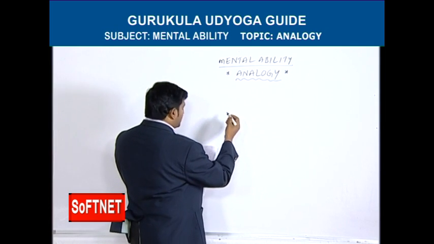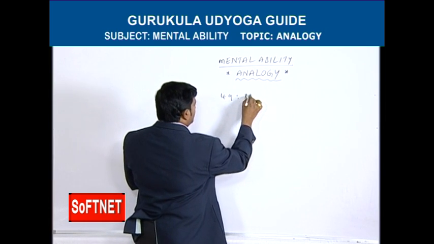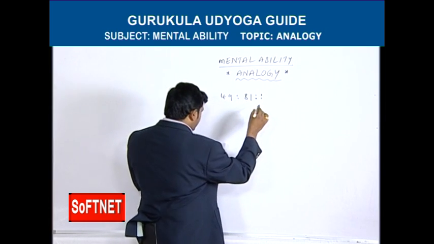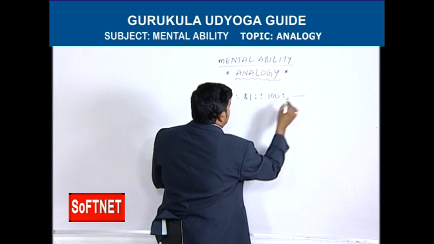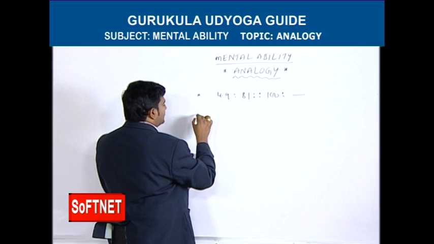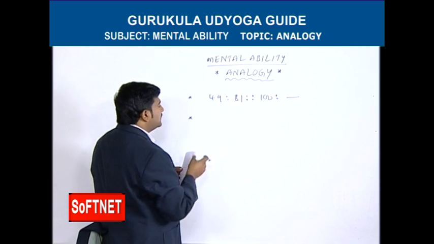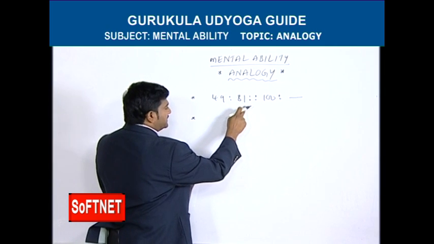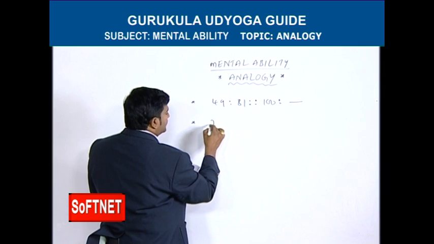So let's say here is given like this: 49 is to 81 as 100 is to dash. Okay, this is one example. I hope you already got the answer. I hope you understood that also. 49 is to 81 as 100 is to dash. So now one more example. Let's say